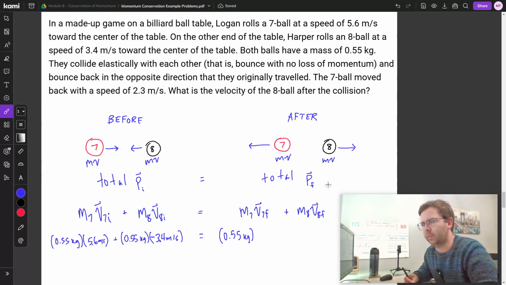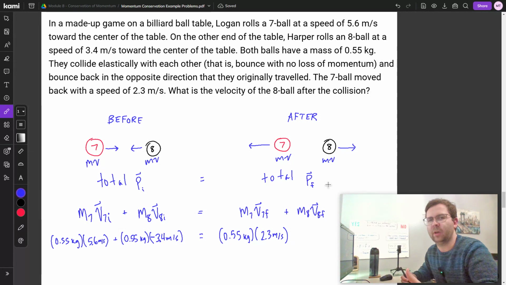We are told that the velocity of the 7 ball is bouncing backwards at 2.3 meters per second. Now look again at my picture. We need to check this really every time we write down a velocity. What direction is the 7 ball moving after the collision? Clearly in the picture, it's moving to the left. And so we have to